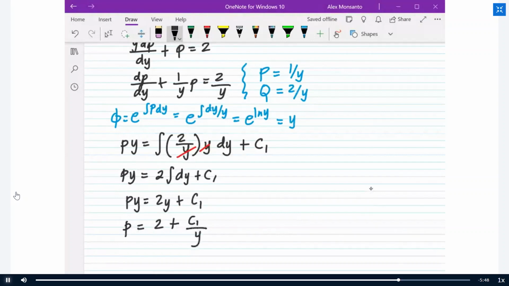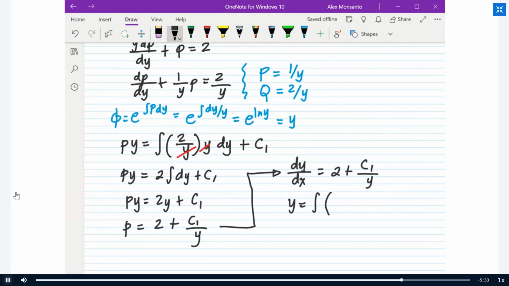Okay, or pwede rin na ilipat mo na yung y, or divide both sides by y. I can have p is equal to 2 plus c sub 1 over y. Yan, so yan yung p mo, no? Ngayon, dahil ang sabi naman natin ay yung p is being equal to dy over dx. Ayan, so ngayon, madali mo na lang makukuha yung y by integral po ng 2 plus c